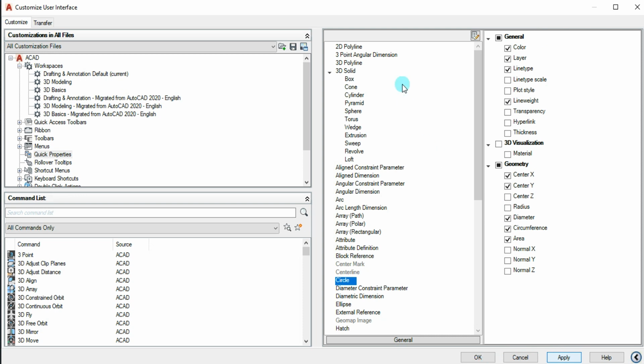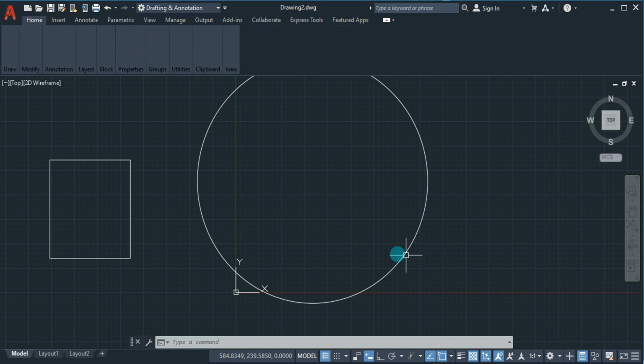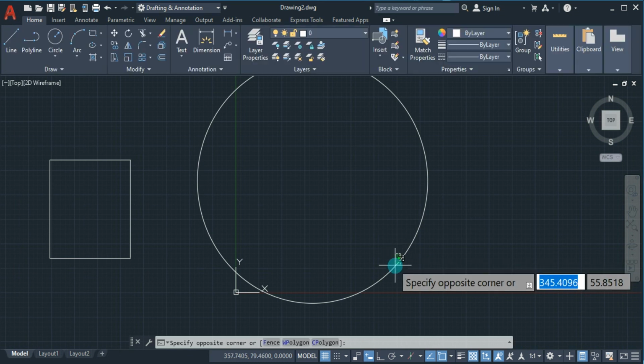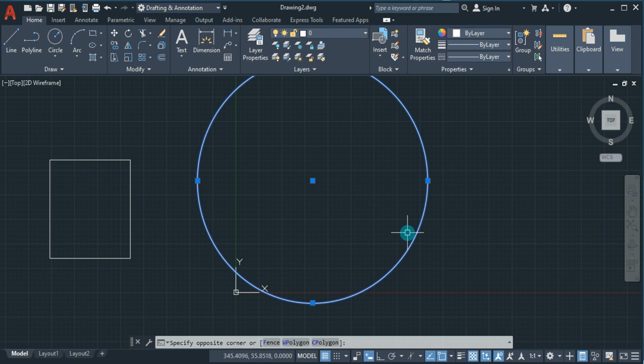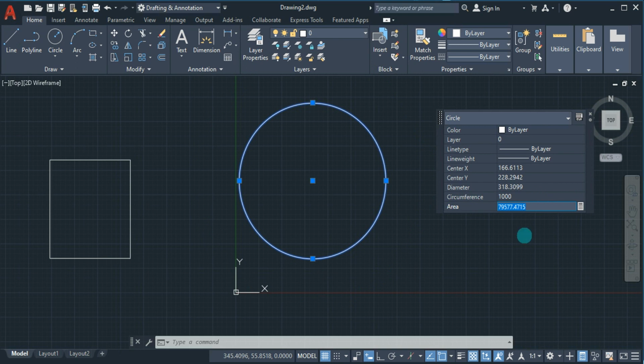So like this, we can change properties for different options or different tools in AutoCAD. Whatever properties you want to display on the screen, you can check them and click on OK. And if you observe here, when I'm selecting the circle, the radius option will be off here. And you can check here in the list, there is no radius option, but the circumference option has been displayed here. So circumference is nothing but perimeter. You can change the perimeter, and accordingly diameter and the radius will be adjusted.